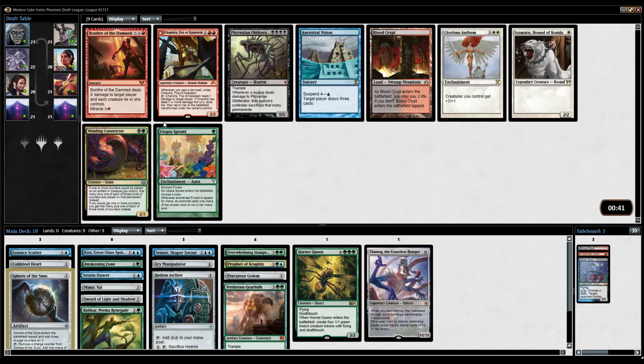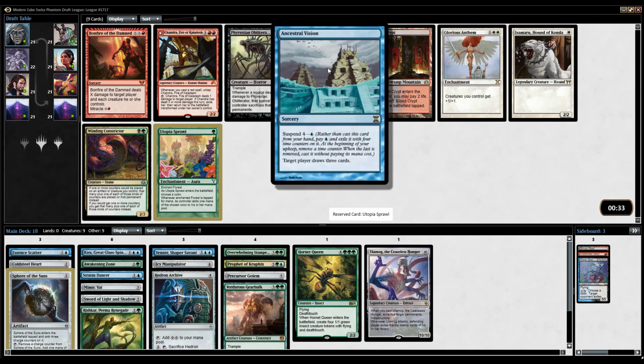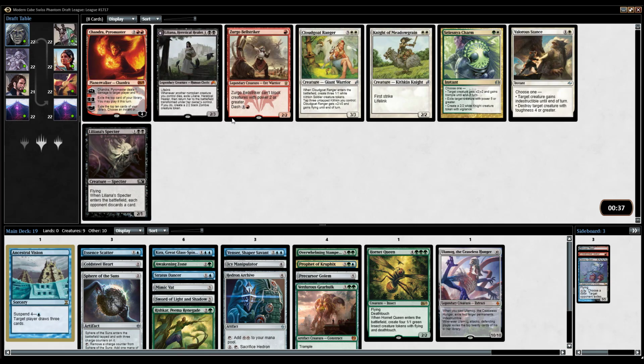We get Urban Sprawl. That helps us, right? Whenever Enchanted Forest is tapped for mana, its controller adds 1 mana of the chosen color to their mana pool. Right. There's also just an Ancestral Vision, which I think we probably want instead. So we're going to take that. And we're out of picks. Yeah, we have no real...